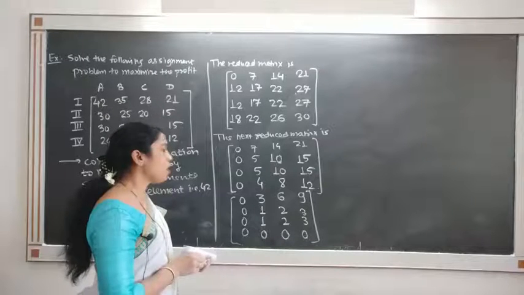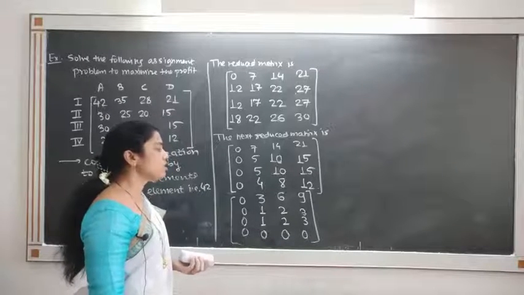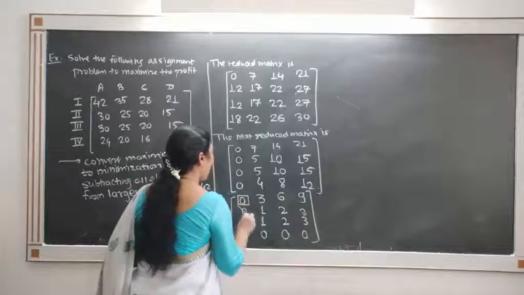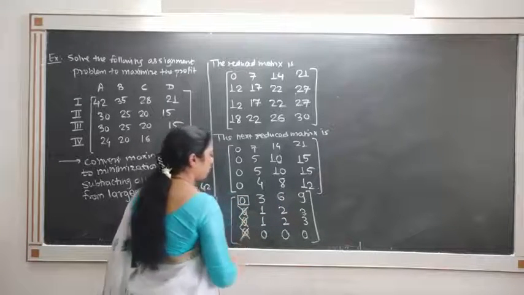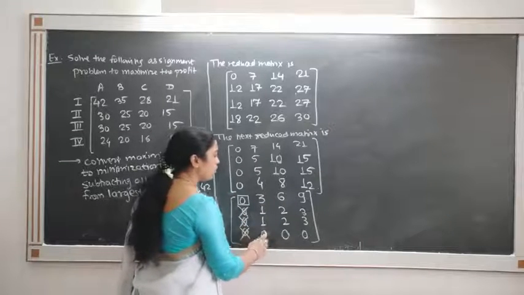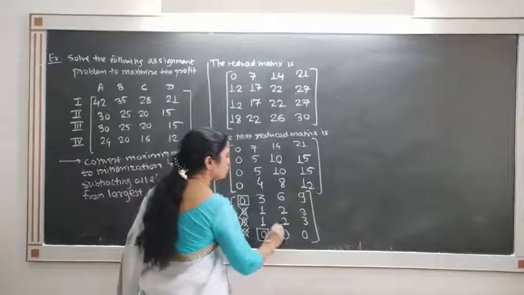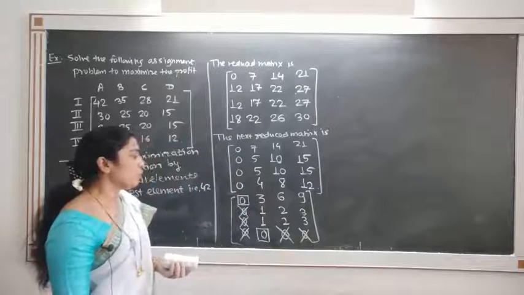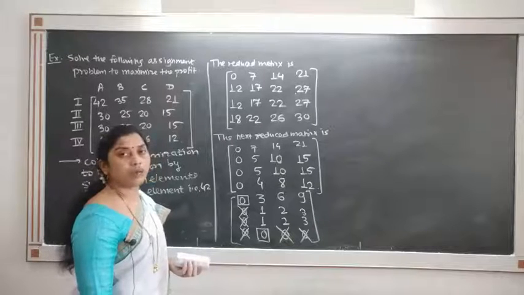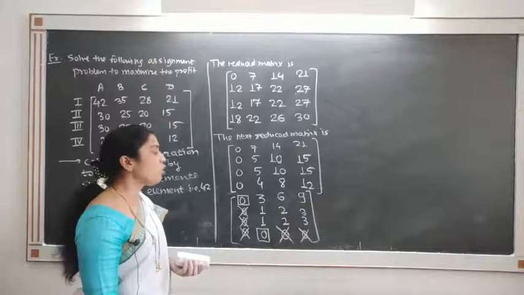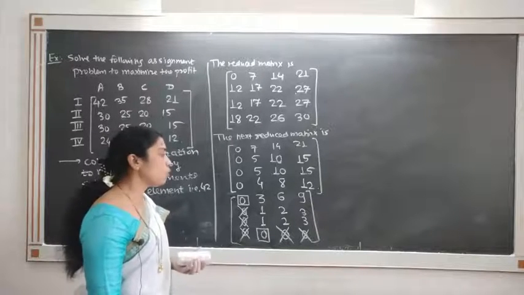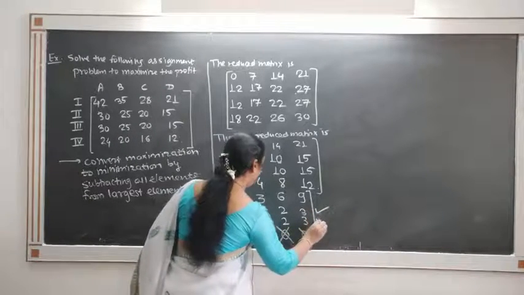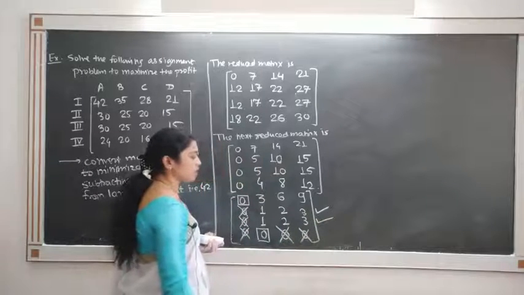So next procedure, find the single 0. The first row has a single 0, so box this, and at the same time cross out the others. The second column contains a single 0, so box that, cross out the remaining. Now only 2 assignments are done. Actually the order of the matrix is 4. So there are 2 rows which do not contain an assignment.